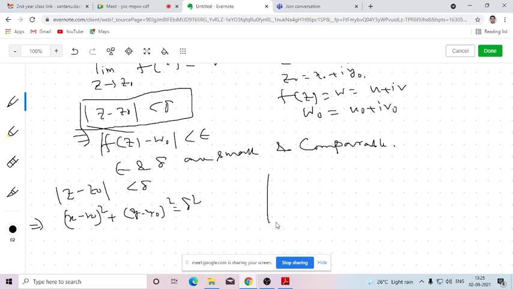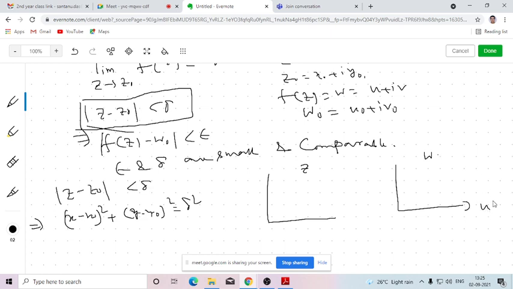So we are taking two frames of reference. You know that geometrically, if we want to identify a complex valued function, then we need to take a z plane and a w plane. We can take the independent variables in the z plane. Then by defining a function f(z), we can map each and every point that we are considering in the z plane to the w plane, and this is the geometrical significance. So here also we will be taking two planes: one is the z plane, another is the w plane.